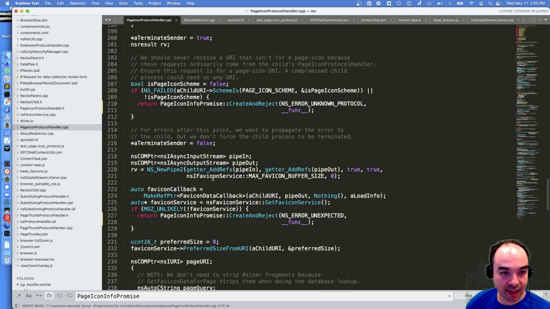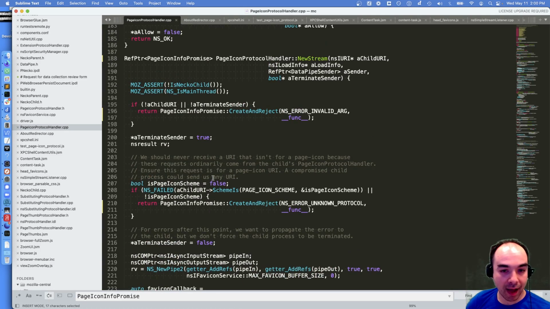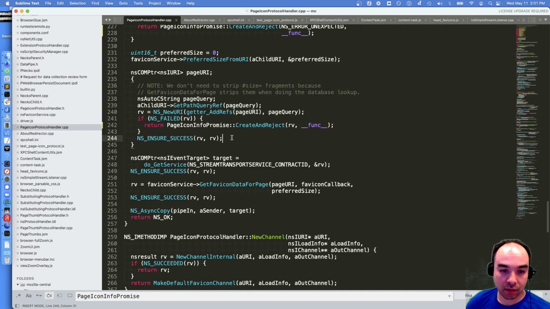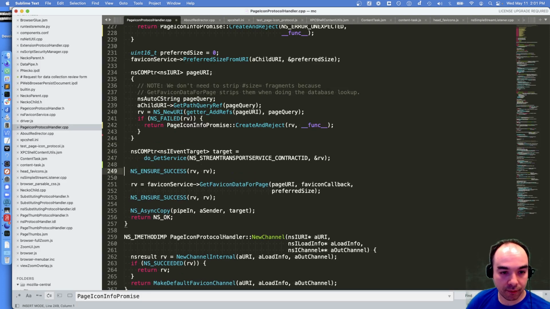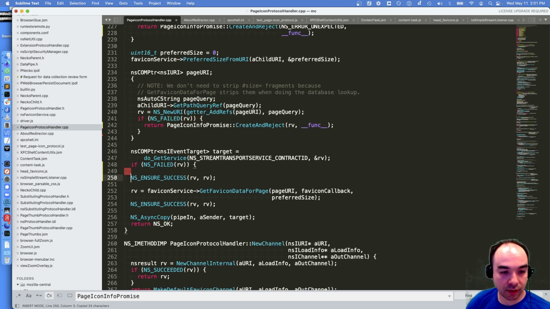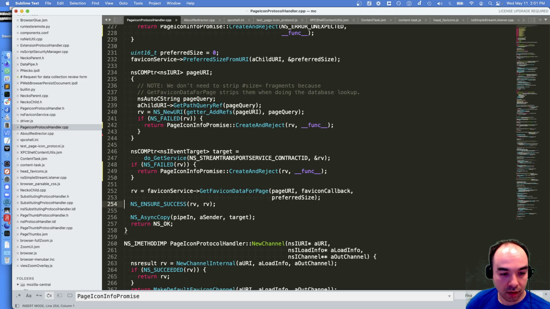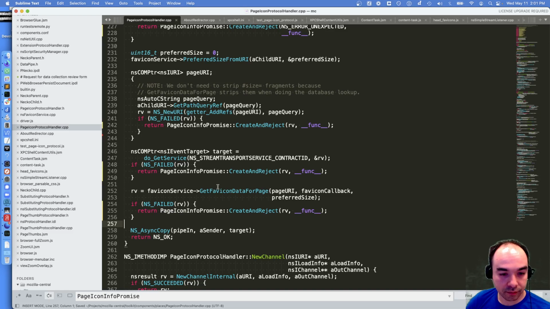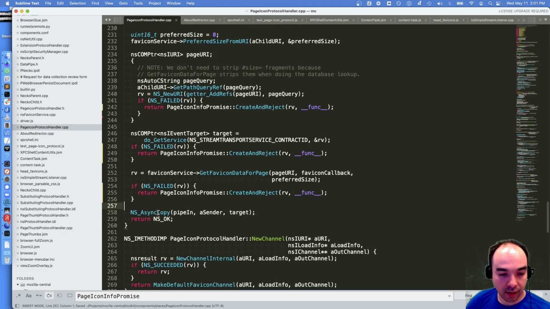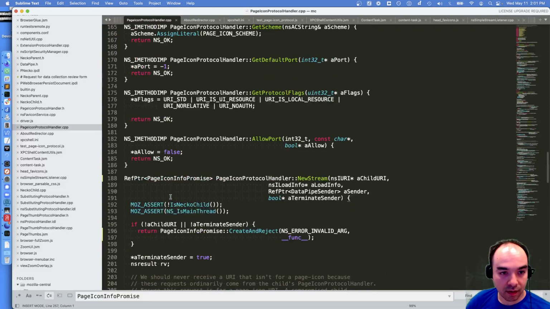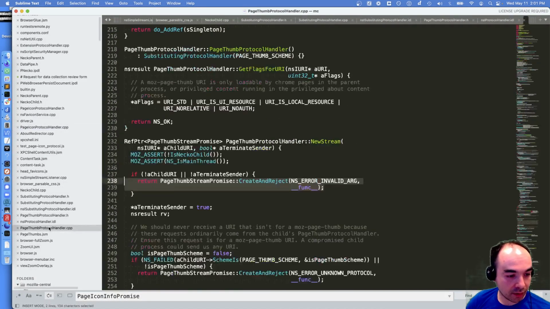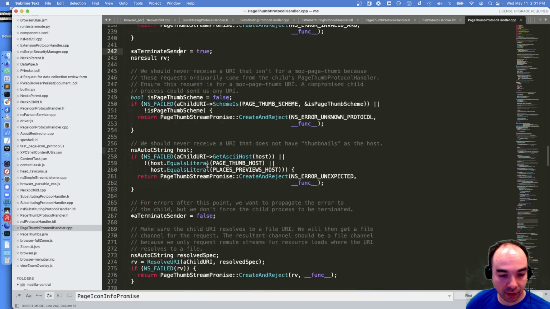So all these NS ensure successes we're going to have to get rid of, because those are actually macros that return failed states. So if NS failed here, we're going to do this. If NS failed, we're going to do that again here. And then async copy.